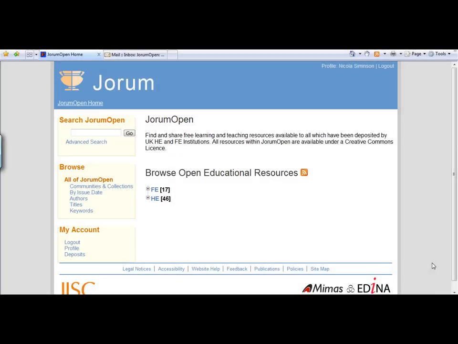The aim of this vidcast is to show you how to deposit files, such as documents, presentation slides, audio and video files, in JorumOpen. In order to deposit any resource in JorumOpen, you need to log in, and you will need to have created a profile in JorumOpen. If you want to know more, please refer to the vidcasts Logging in to JorumOpen and Creating a Profile in JorumOpen. For the purposes of this demonstration, I've already logged in, as you can see here, and I'm ready to